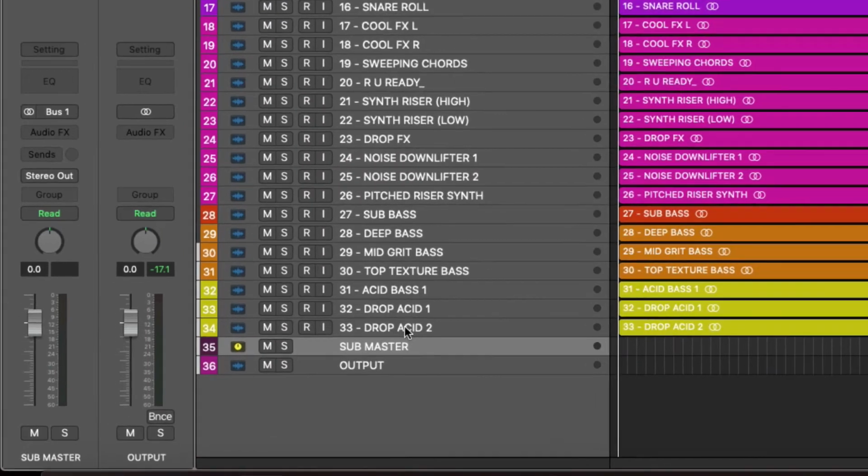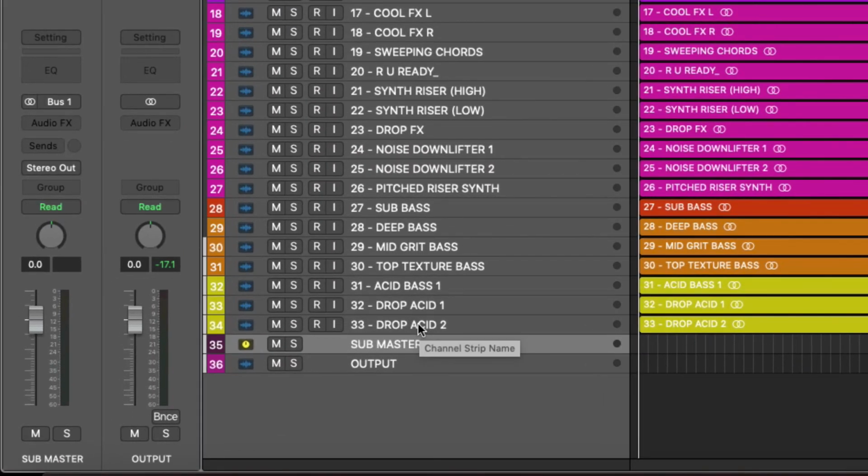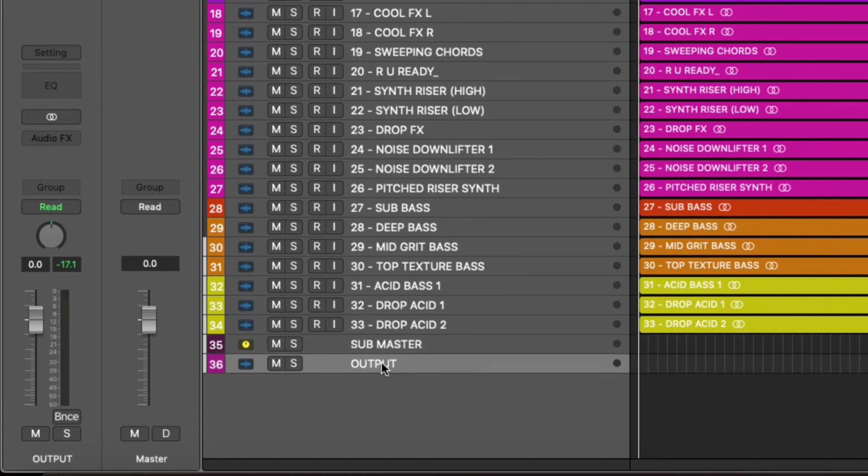Now the reason for this is if you want to bring in reference tracks later on, and you've got all of these tracks mixed together and you want to add some compression and a little bit of glue compression or some light limiting to see what it'll be like once it's been mastered, you don't want that same processing that happens on that channel strip to go to your reference tracks, because they've already been professionally mastered. They're already at their full fat version, and you don't want to be adding to that, as it will give you skewed results when you do comparisons. So it's always advisable to have your main tracks going to a submaster, only the submaster going to the output,